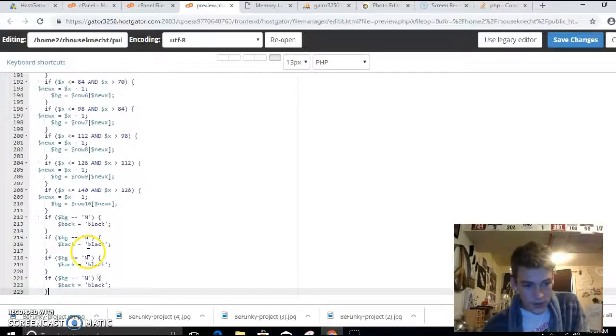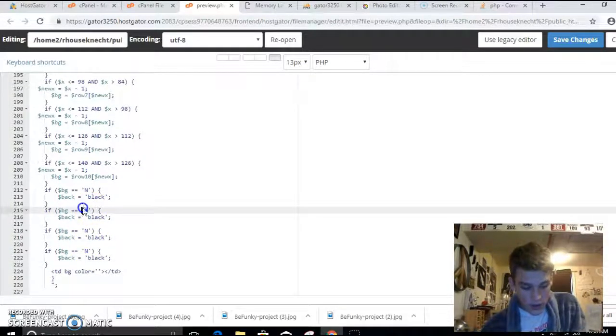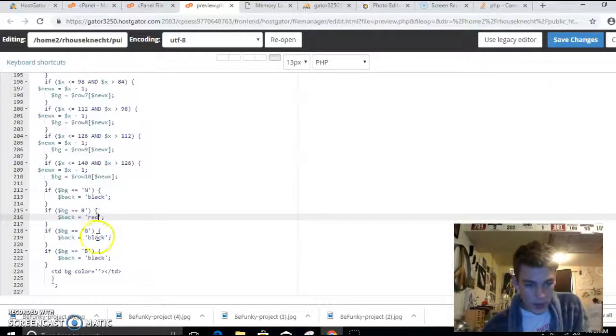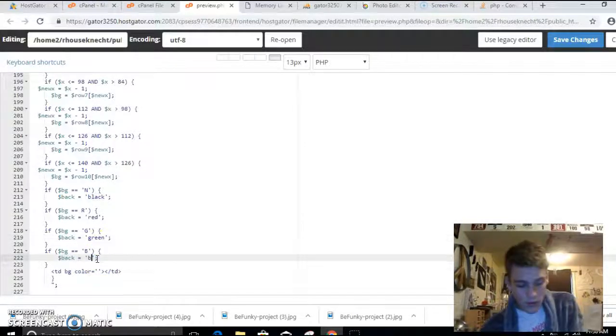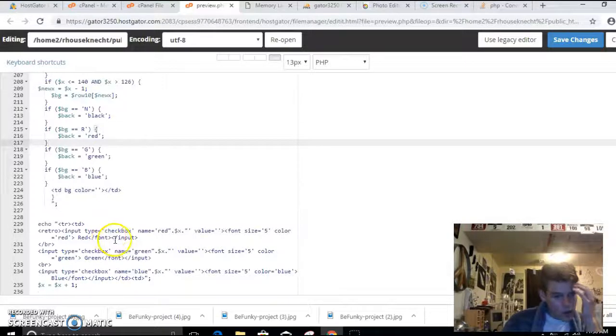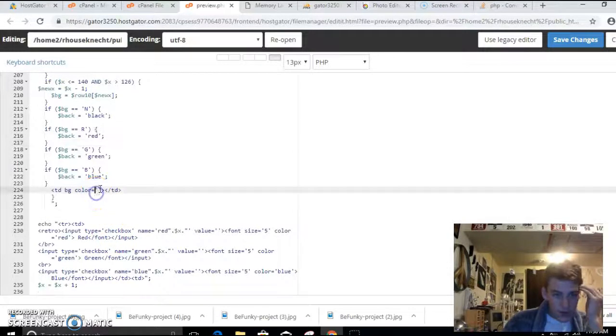And RGB, so we'll just say if it's R, if it's G, if it's B, and we'll make it red, green, or blue. Now, table color background is going to equal